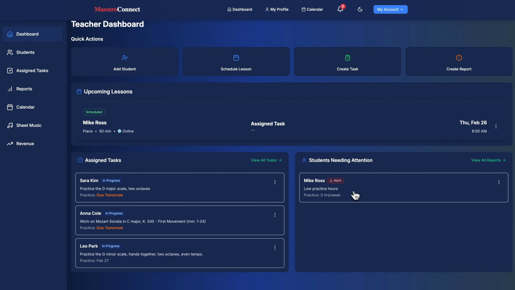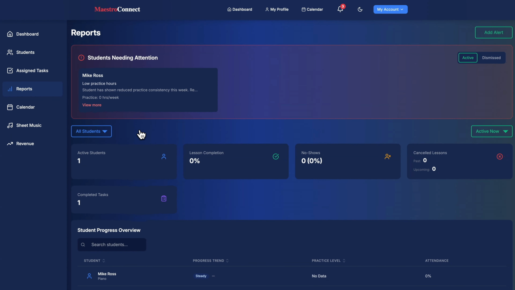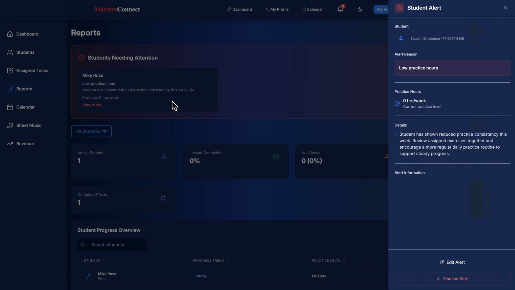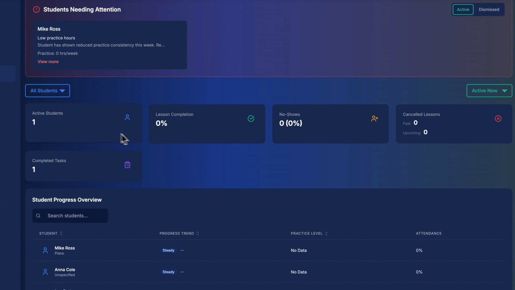To see all reports, click Reports from the left side menu. At the top of the Reports page, you'll see all students who currently need attention based on the alerts you've created. Below that, you'll see key metrics that update automatically, including active students, lesson completion, no-shows, cancellation rate, and completed